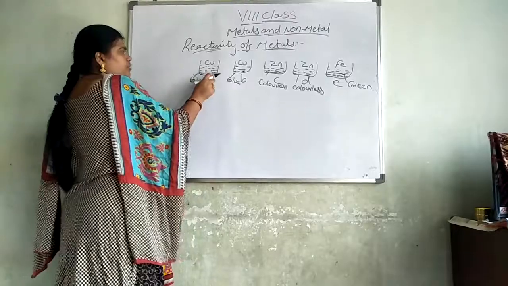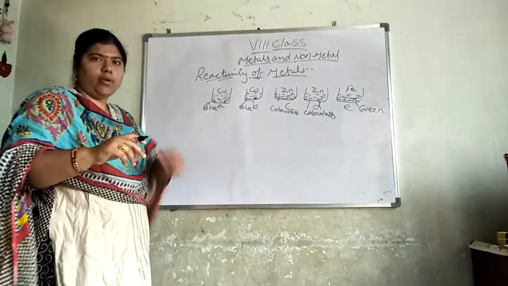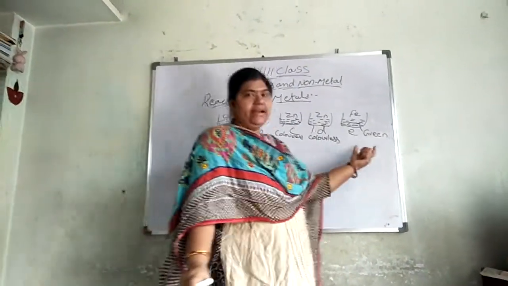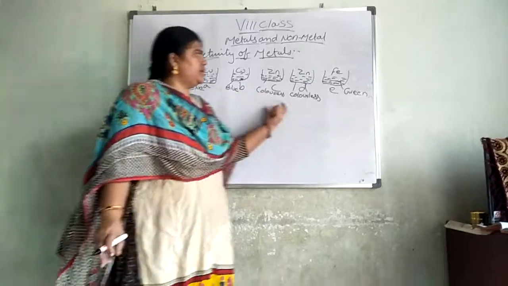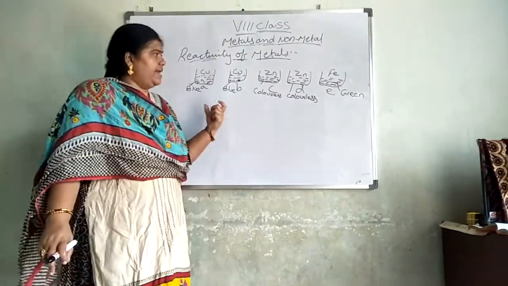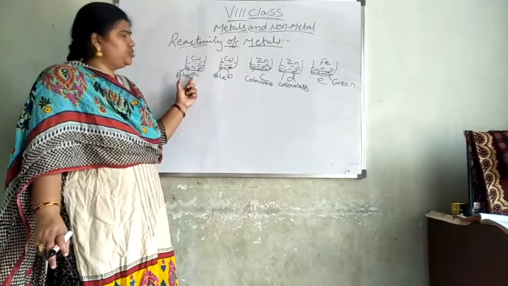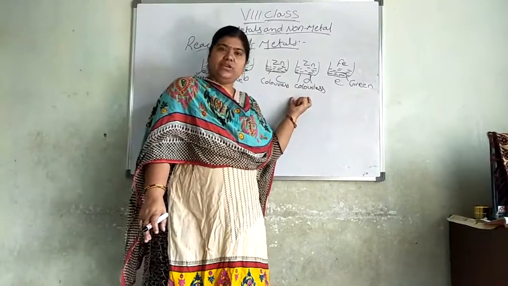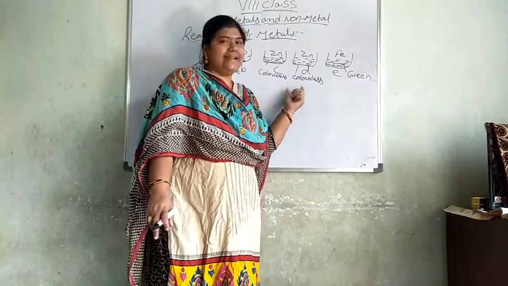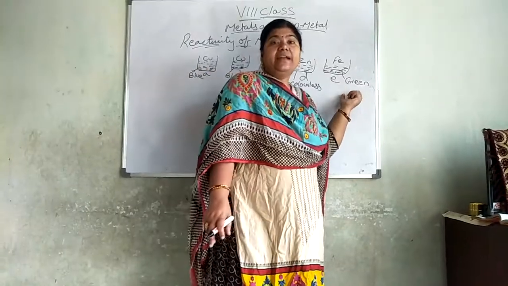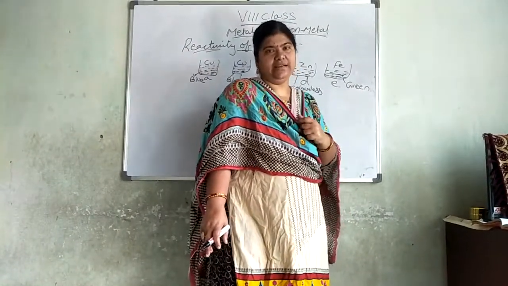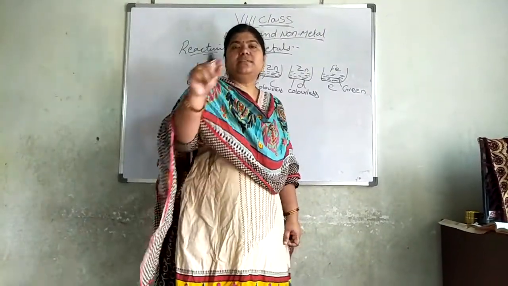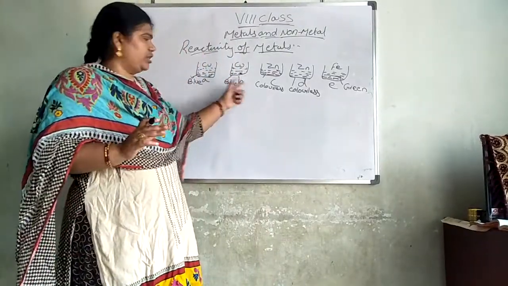So, in the first 2 beakers you added copper salt. In the second 2 beakers you added zinc. In the third one you added iron. You know that copper, zinc, iron are metals. Now, when we dissolve copper in the first 2 beakers, we got a blue color. When I added zinc in the next 2 beakers, we got a colorless solution. In the 5th beaker I added iron, it changed to green in color. Now again, we have to stir it till the salts dissolve in this particular water.